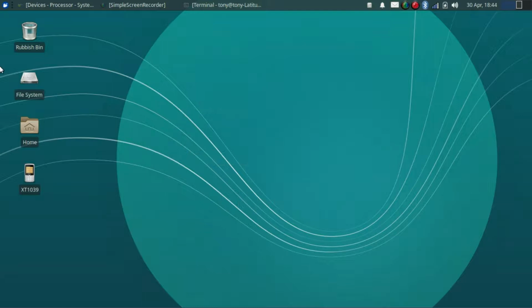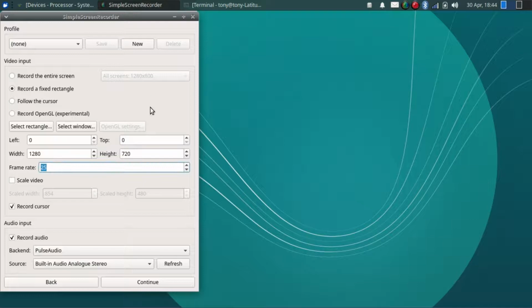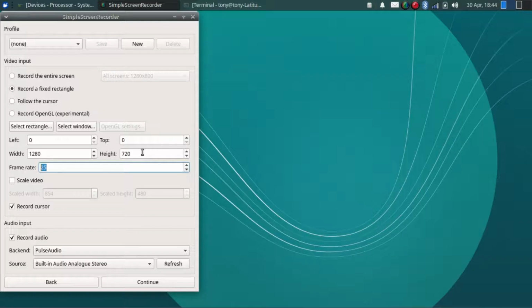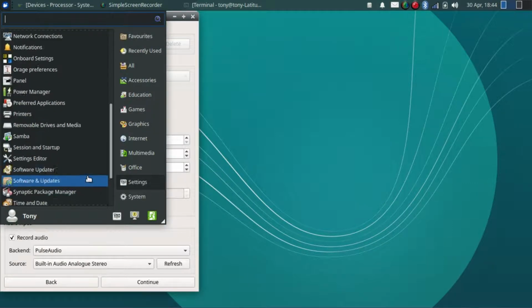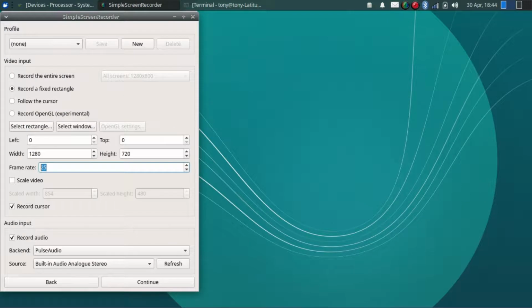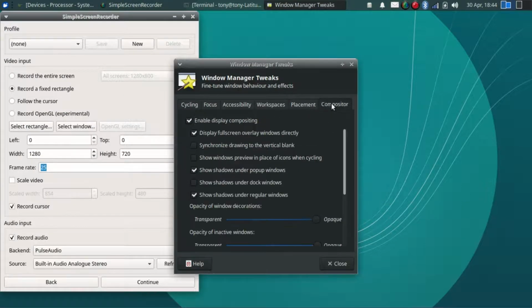Hello, following on from yesterday, the problem I had with Simple Screen Recorder where you click in the box and you get a blue screen. I haven't totally sorted it, but if you go to Settings, Window Manager Tweaks and click on the compositor,